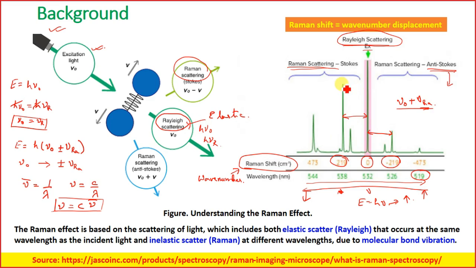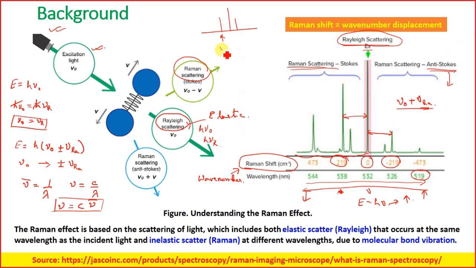Okay, so the intensity of this peak. Usually what happens is that you take the Stokes side. The intensity of these will vary. Suppose I draw a simple diagram: you have the Rayleigh scattering line, then a Stokes line, and an anti-Stokes line. Depending upon the sample you are analyzing, this Stokes line will appear at a